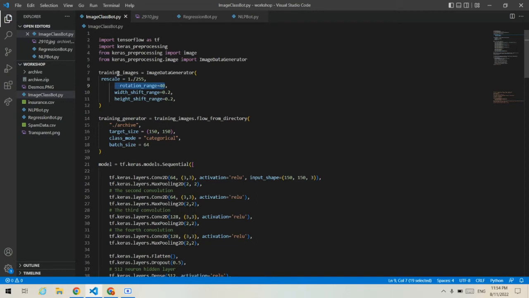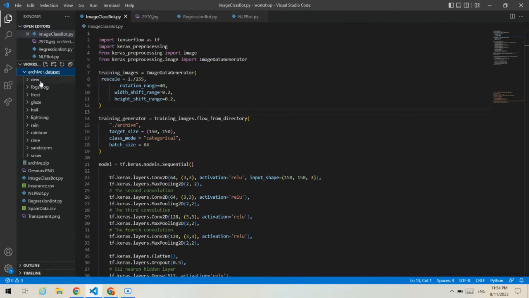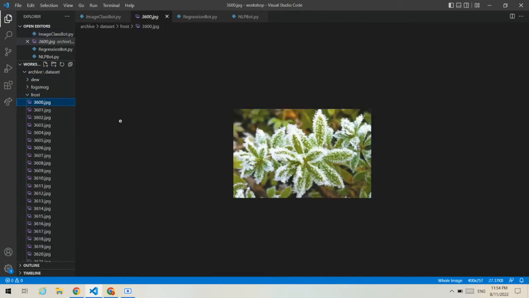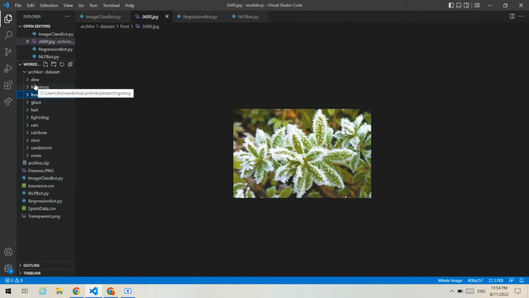We are also multiplying the width in the range of 0.8 to 1.2. Same for the height as well. So over here, in the archives section, this is our data set. I'm trying to classify weather. If you can see frost, it'll look like this. But overall, we're just taking advantage that each image is inside the directory that they're supposed